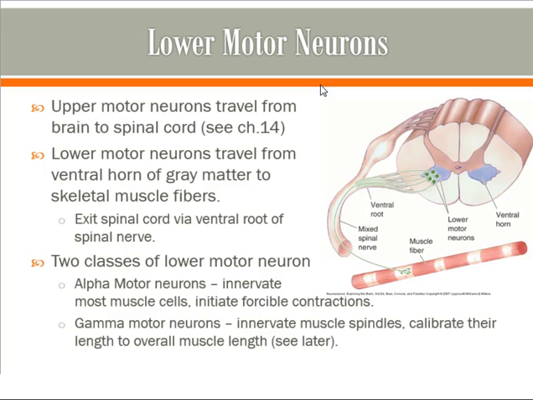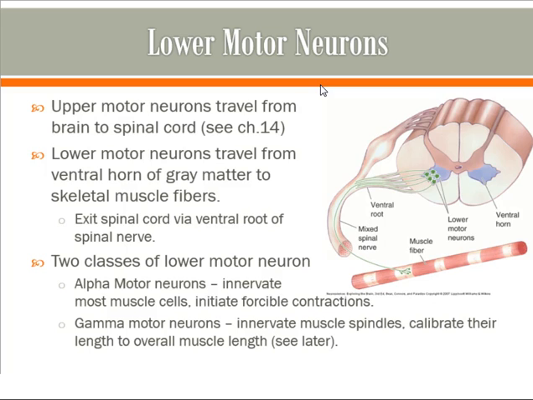Usually what will happen is if you're trying to execute some sort of motor action, there is a plan for a motor action that's going to originate up in the brain. And that's the next chapter, to understand how that happens. But the brain then, from some areas of your frontal lobe, will activate axons that will travel all the way down your spinal cord to a particular level of your spinal cord. And those first motor neurons coming out of the brain, going down your spinal cord, carrying information about a motor plan, we call upper motor neurons. So those are traveling from the brain to the spinal cord.